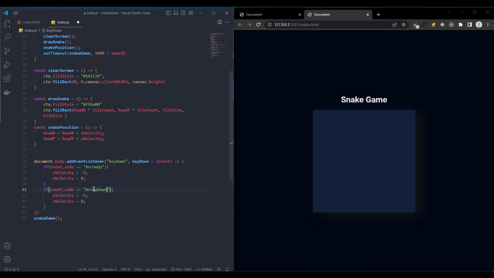So in order to implement the down arrow, the only difference is we need to make our Y velocity positive like that, and we need to change the code to the down arrow. Go back to our canvas over here and click down, push up, and now I can move our snake up and down on the screen. For the left and right, all we have to do is change those X velocities and set the Y to 0. So let's go ahead and copy down over, change that code. So let's go ahead and implement left. Left is called arrow left,